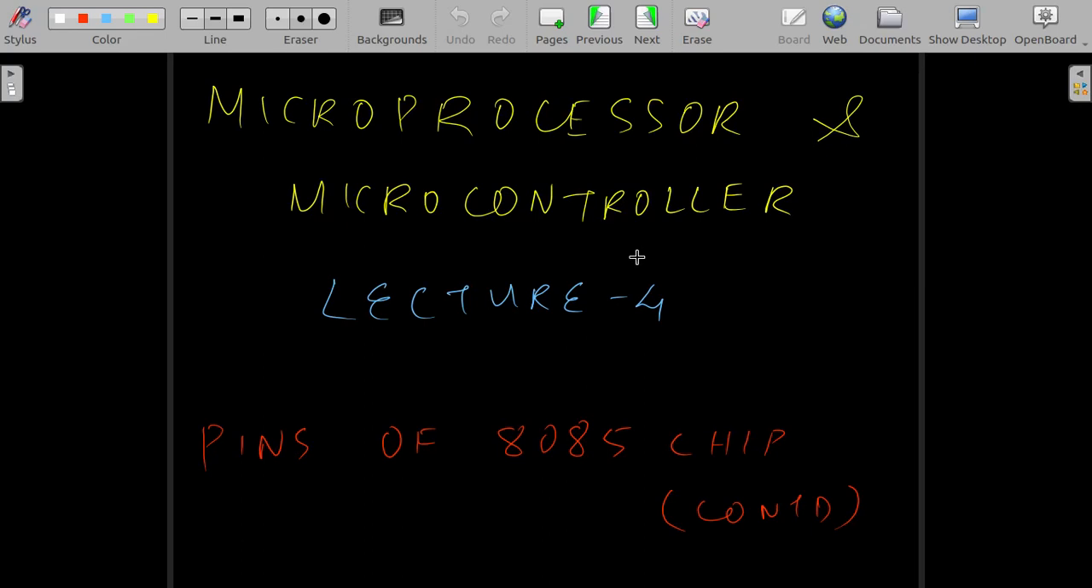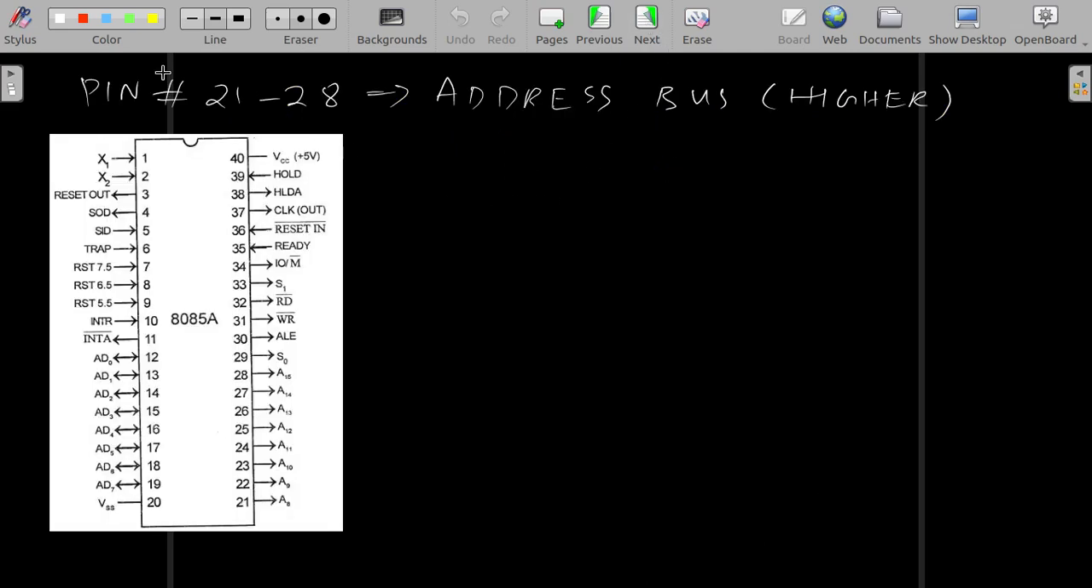Processor and microcontroller. In this lecture we will be continuing with the different pins of the 8085 chip. So in this lecture let's start with pin numbers 21 to 28, which are the higher bits of the